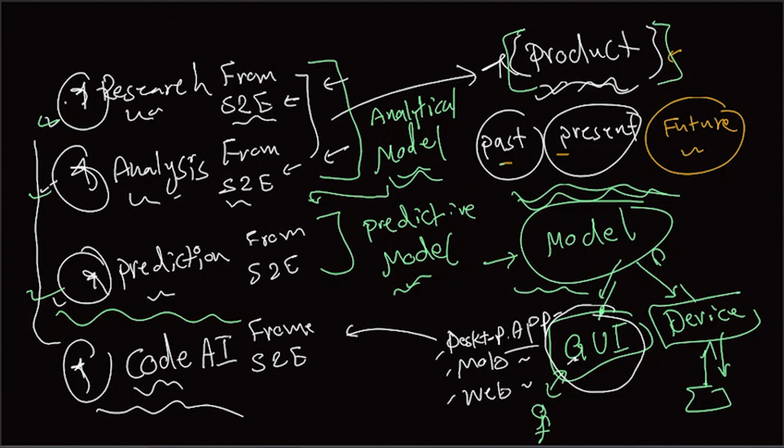So what do you expect from the Big Bang of Data Science? To conclude one more time, first, I'm going to introduce you to research from the start to the end, and then analysis from the start to the end. The outcome of these two books is going to be an analytical model. This analytical model can be used then as an input to the third element of the Big Bang of Data Science, and that is prediction from the start to the end. And the outcome of these three elements is going to be a predictive model that is smart and intelligent, enhancing the three factors of past, present, and future.